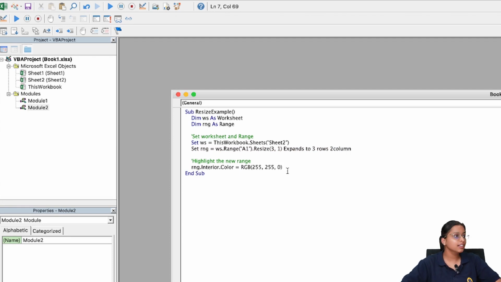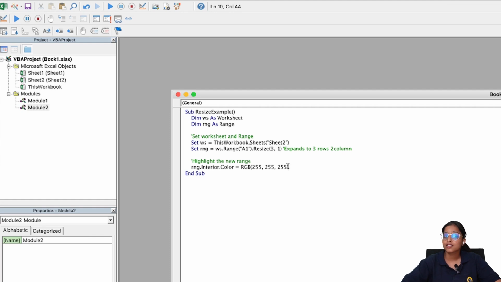We'll highlight it. We'll change our color. Now, Resize 3,2 indicates the expansion of the range starting at A1 to include 3 rows and 2 columns. Interior color highlights the resized range with the color we have added.